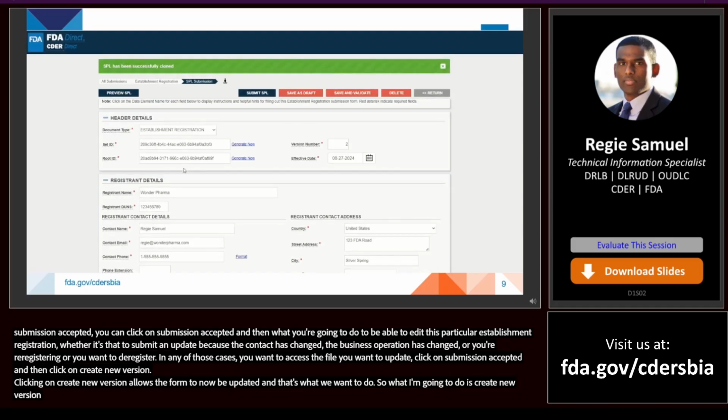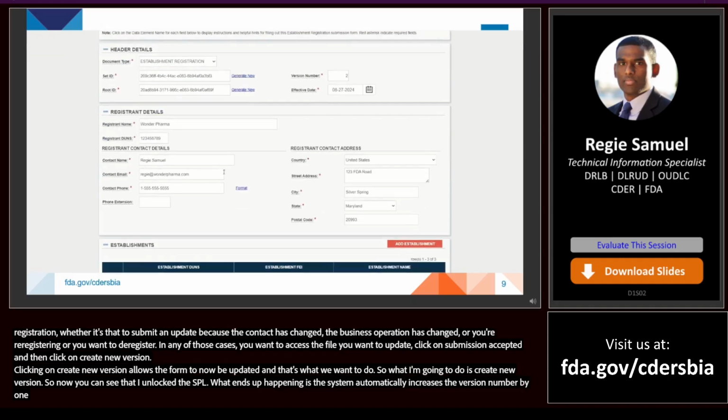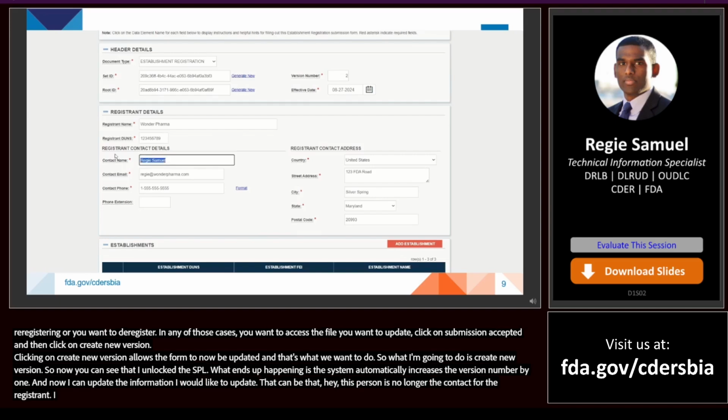So now you can see I've kind of unlocked the SPL. What ends up happening is the system automatically increases the version number by 1. And then now I can update the information that I would like to update. That could be that, hey, this person's no longer the contact for the registrant. I can go here and edit this person and put in the new contact information, the new email